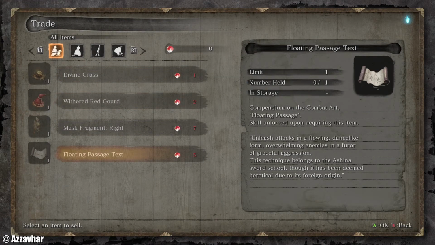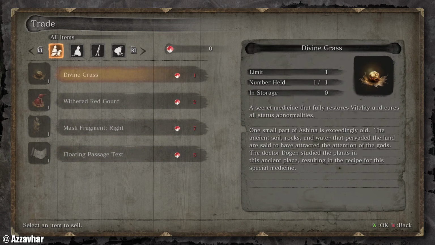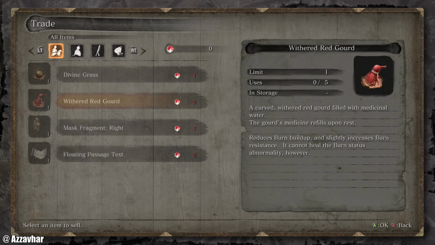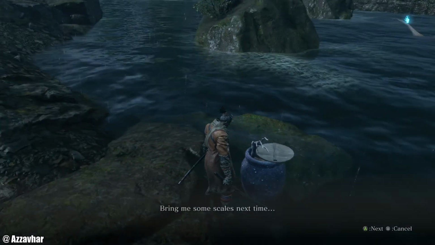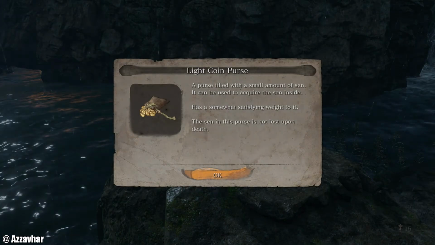So basically this NPC here trades in scales. So we currently have no scales, but we do want some so we can buy this stuff here. We've got skills that we can unlock. We've got a mask that we can create. A gourd that prevents and protects against the burn status. We've got divine grass as well. So essentially we'll get those scales by killing those carp in the water over there,